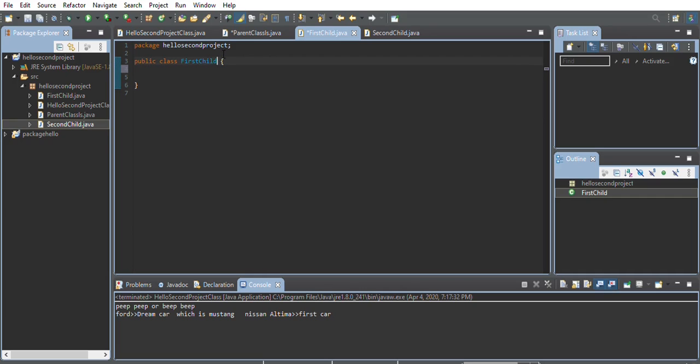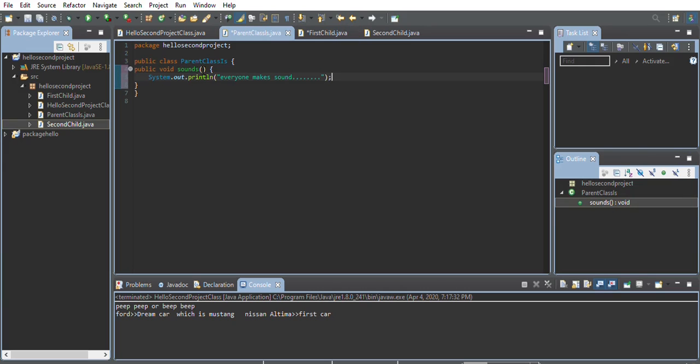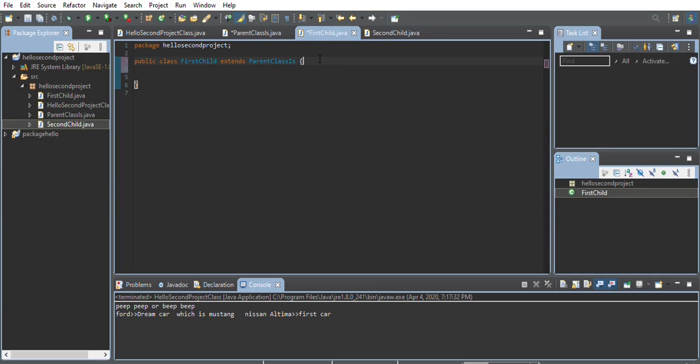What we want to do is not just extend what we get from the parent class. The parent class has a method called sound. We want to override this sound to make sure that this child has a different sound than the parent. It's more like you are getting a car from your parent, but there's a whole modification that you're going to do to that car